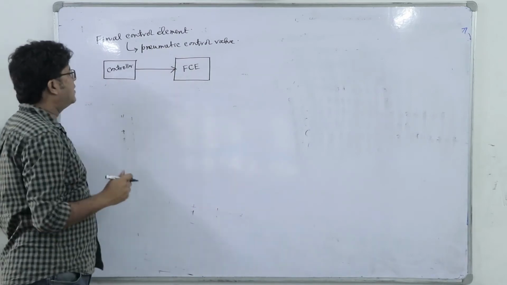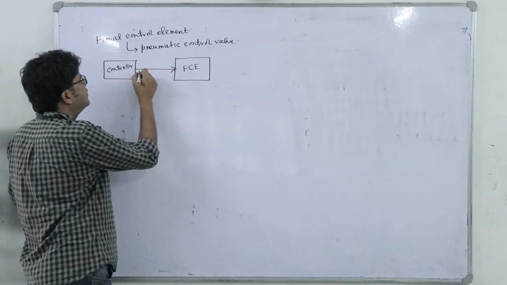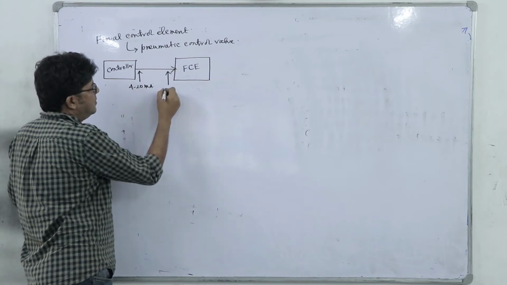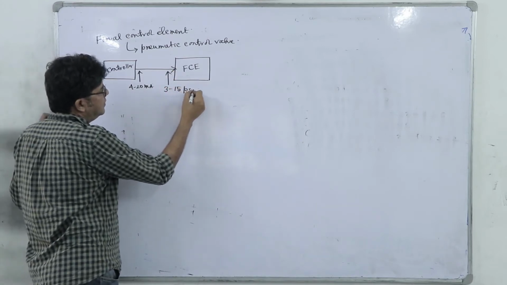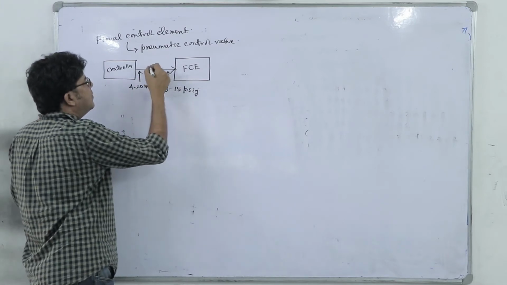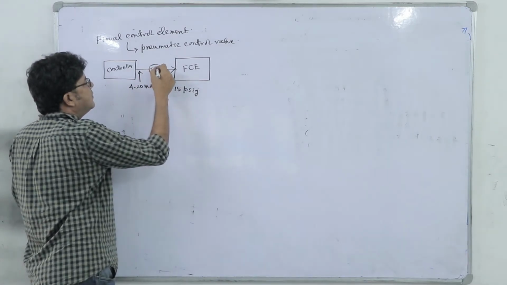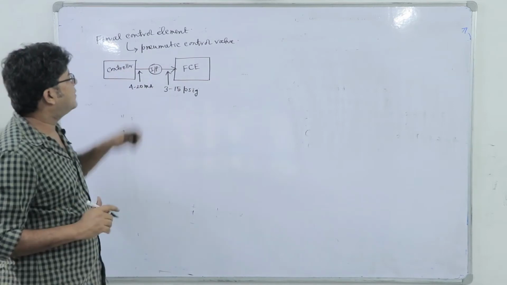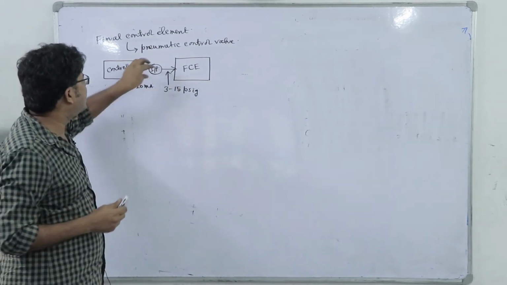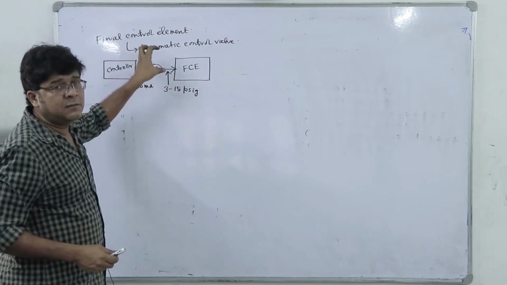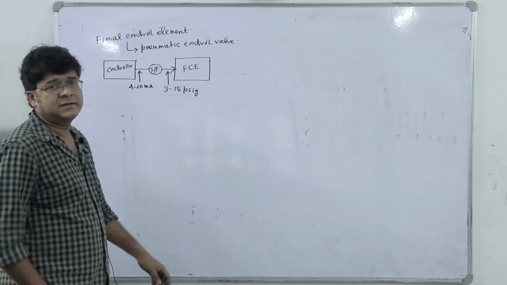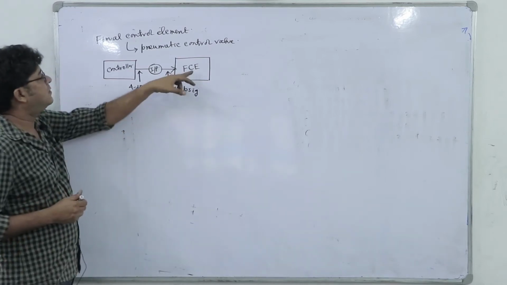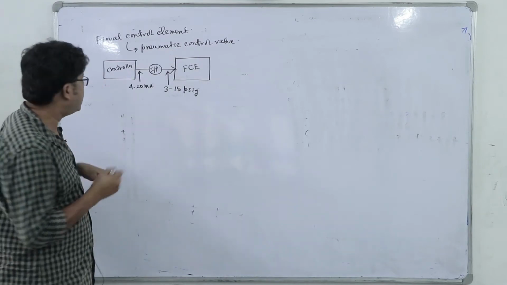Now, if it is a pneumatic controller and controller signal, see the controller signal here, it is 4 to 20 milliampere, whereas the FCE signal should be 3 to 15 PSIG. So, that is why we must have a transducer, this IP transducer in between the controller and the FCE, but generally when we discuss about the block diagram and the transfer function, we do not include this IP. IP will be considered as an integral part of this FCE, right. Now, what is the transfer function of this final control element, considering that final control element is a pneumatic control valve? See,